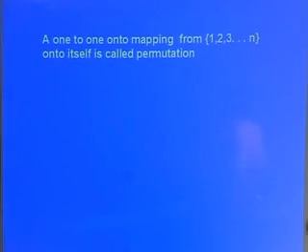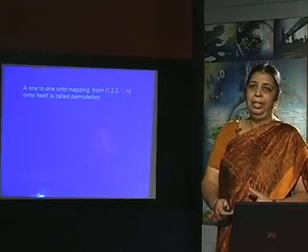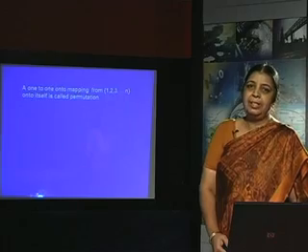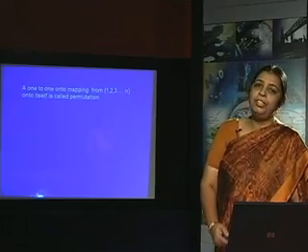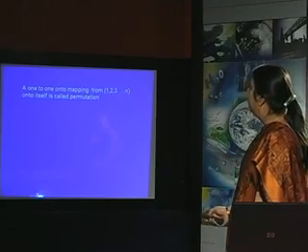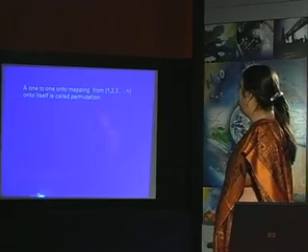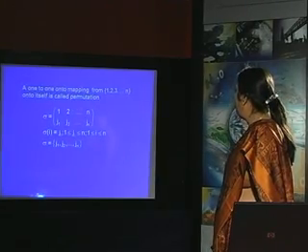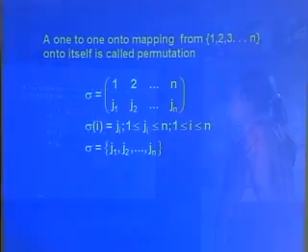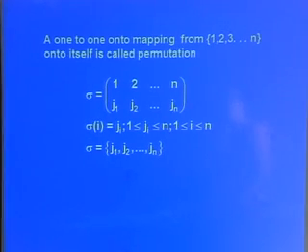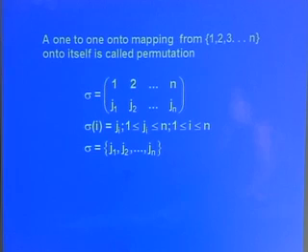This is the way we define determinants for 2 by 2 matrices, but to define determinants in a more general form, I will now give you some basic concepts. First thing is to define a permutation. A permutation is a one to one onto mapping from the set 1 to n onto itself. For example, if I have been given the set of first n natural numbers, then sigma is denoted as a permutation